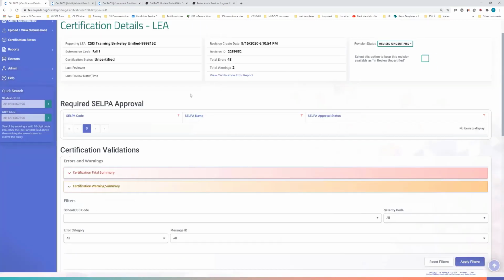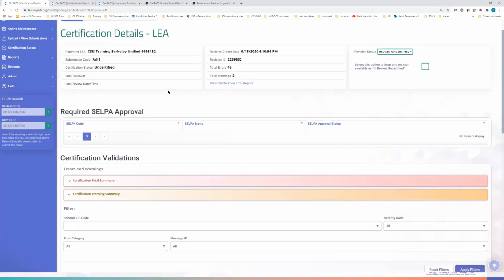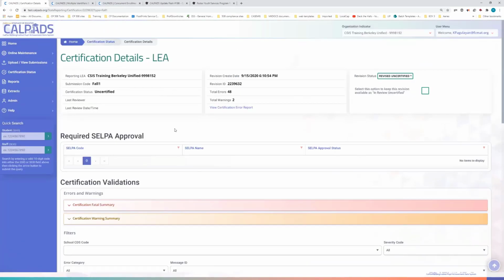But the important thing that I want to convey is that the MIDs are something you control. Those can be resolved by you. So if you're resolving your errors and trying to get below the 1% threshold, that's 1% of your enrollment count, focus on the MIDs and then the CCEs,